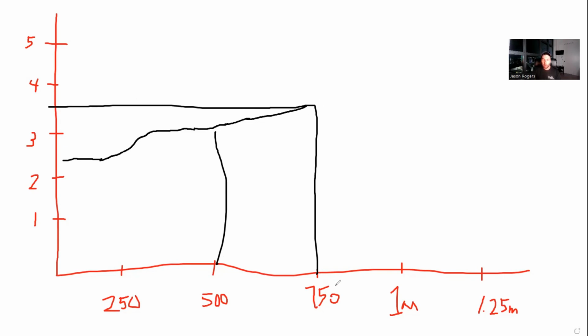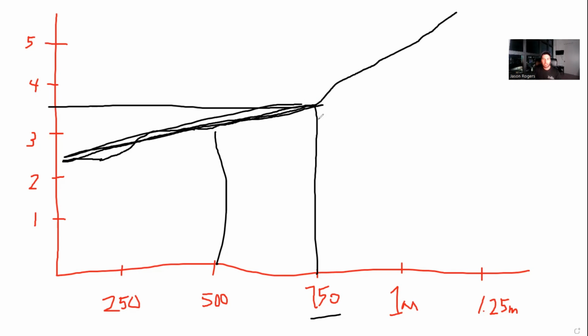But what happens from about 750 onward is this line starts getting pretty steep. And it kind of goes like this, right? So up until this point, if you notice, this line is generally pretty close to flat. But once it gets here, it gets really steep. That was kind of an ugly draw there, but you get the point. It gets way steeper here. This inflection point around 750,000 in earnings is really when the earnings multiple gets a lot higher,